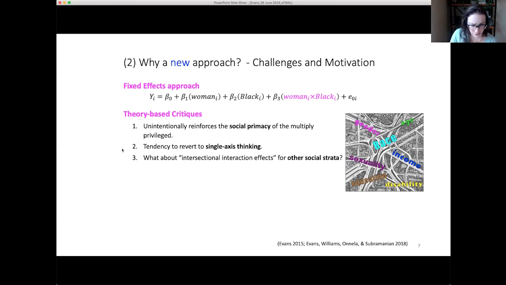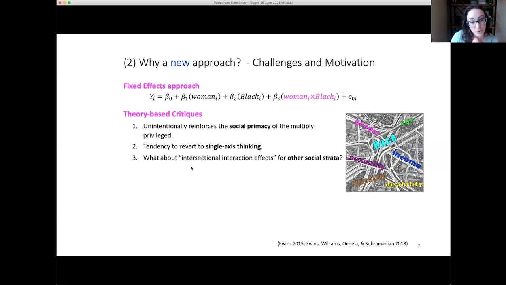There's also something about this, and I don't know if this is a quirk of human nature or brains, but you set up a model like this, you estimate all these different betas, and then almost immediately what happens is we look at it, we all do this. We're like, which one's bigger? Is it beta 2 or beta 1? Okay, does that mean it's really race or really gender? And so we immediately revert to this single axis thinking when the entire purpose of the intersectional framework was to say, you cannot separate these systems of oppression. They are interlocking. So it doesn't, in a sense, really matter which one's bigger. You are theorizing them as inseparable. So yeah, setting it up like this, we tend to revert to that single axis thinking.